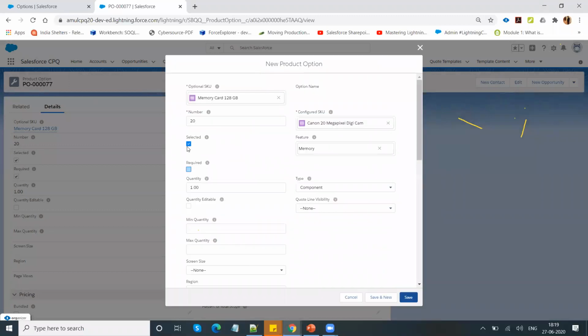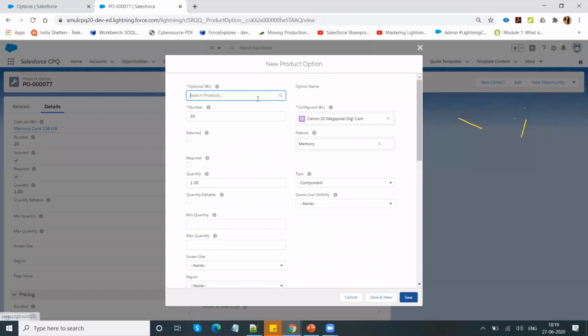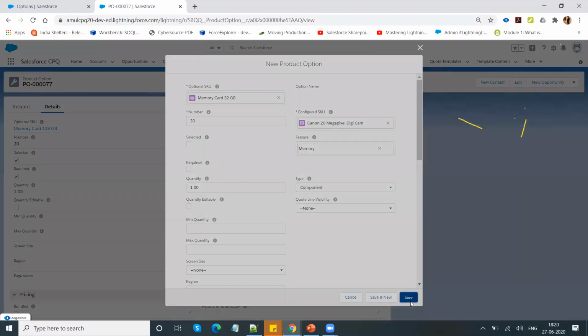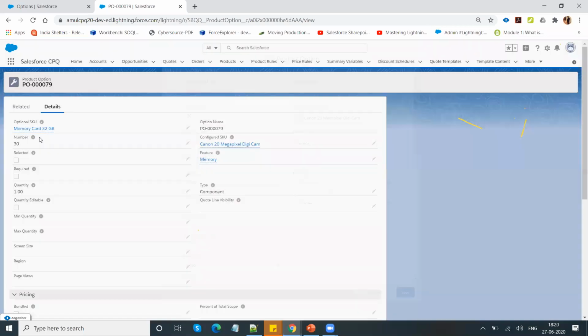Okay, this is not required, not selected. I have my another SKU called 32 GB and click on save. So what I did, I have added another memory card under this bundle.